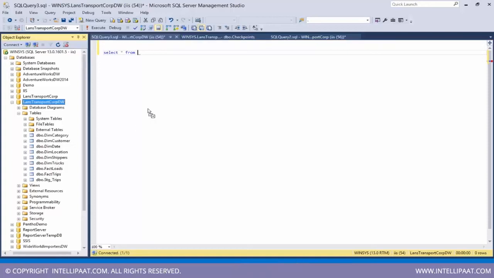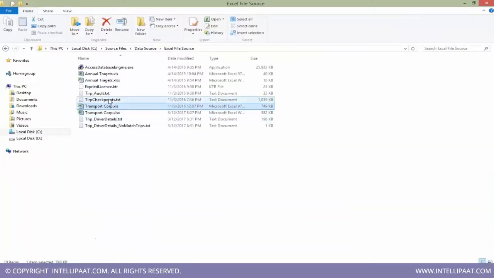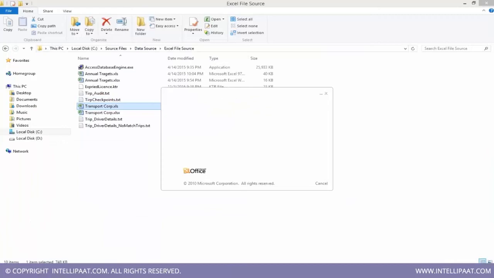So for example, here I have a dimension for shippers. It will hold all the information related to shippers. Okay, now this is the dimension. Now if you look at the actual data being supplied from the vendor or from the source system,